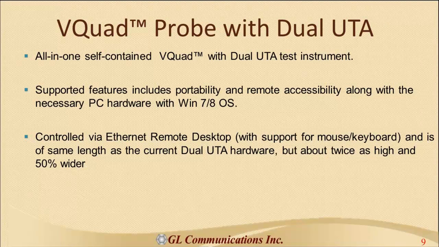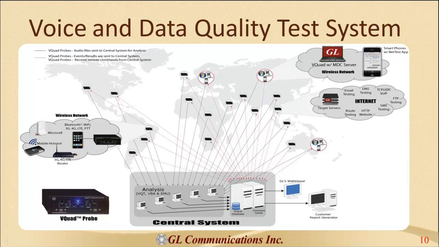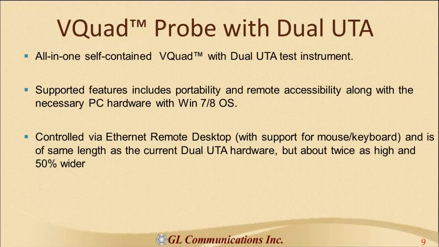These are just highlights of supported features. They include portability and remote accessibility, along with the necessary PC hardware. It supports the operating systems Windows 7 and Windows 8. It is controlled via Ethernet remote desktop, with support for mouse and keyboard, and is the same length as the current dual UTA hardware, but as high as and twice as high, as well as 50% wider. So the point of the Vquad probe, which is the all-in-one unit, the point of this unit is